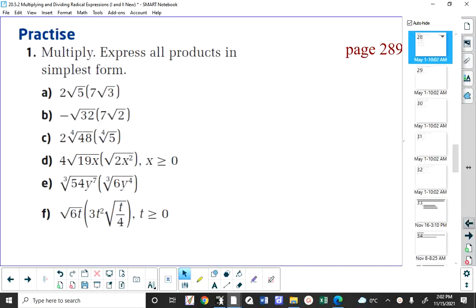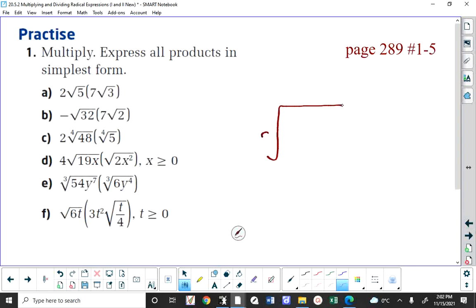So the previous day, we had learned how to simplify radicals. And what I will say to you is, you need to know how to simplify radicals when you're doing this work. So for example, at some point in time, if you see the cube root of 54 in one of these questions somewhere, you need to be able to simplify that by looking for perfect cubes,